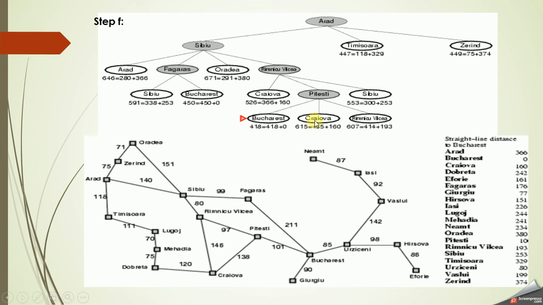Similarly, we will be calculating for Craiova and then Rimnicu Vilcea. So now just check it. We have got the f of n value as 418, which is the minimum of all those fringes. So we'll stop with this. The search will get stopped here, as we have obtained the cheapest cost and we have reached the goal node. So we'll be stopping with this.